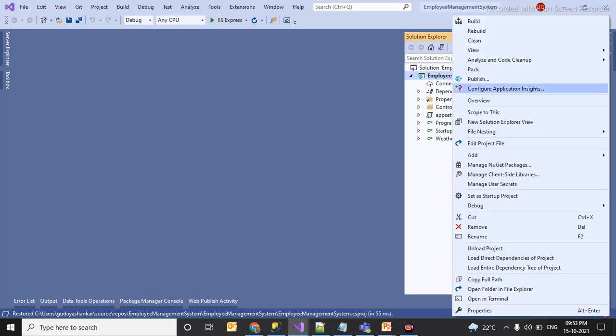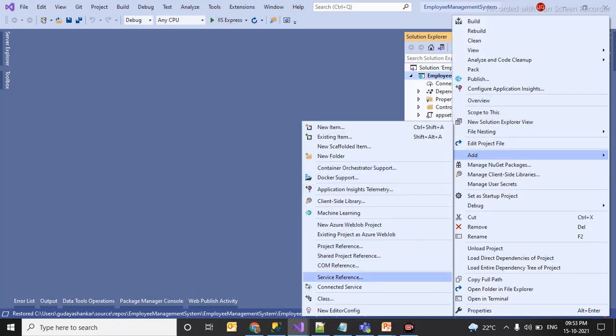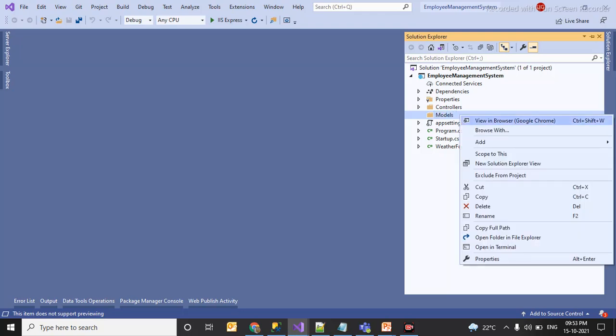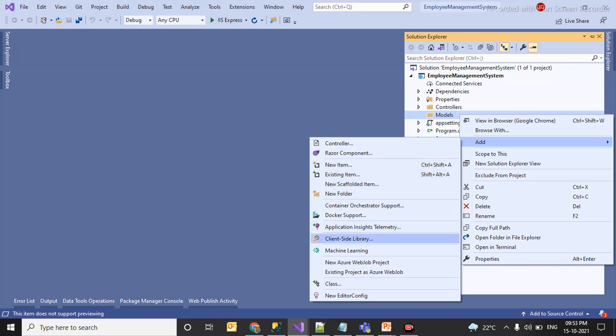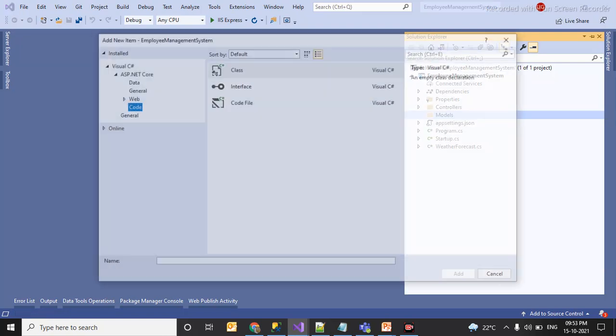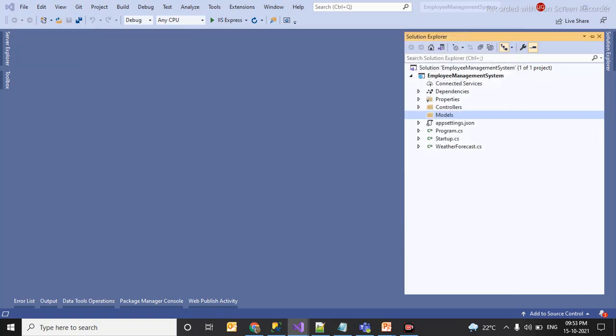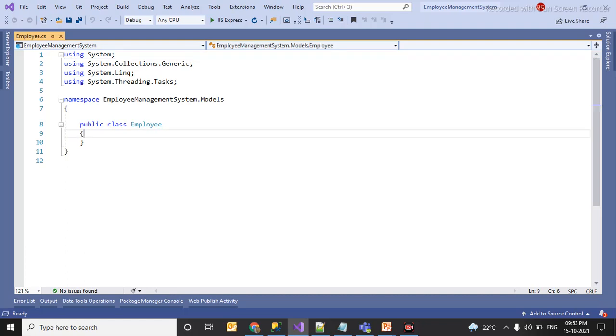Let me go and create a folder called models. I will be adding a new class to this models folder, which is my employee class. I will be making use of data annotation here to create my database.